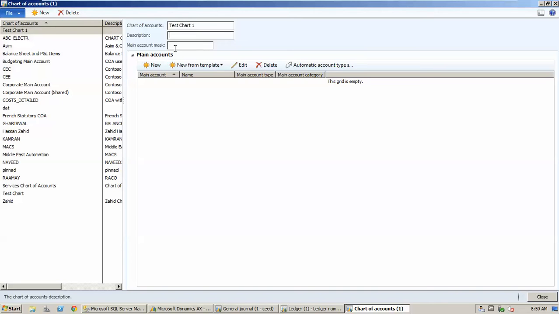Using segment. This is a main account mask. You can see this main account mask. I have written the description of this chart 1, test chart 1 here. This is now working. That's a main account mask. Although it is optional in Dynamics AX 2012, using this, being a professional accountant, is very important. I would suggest you must use it and